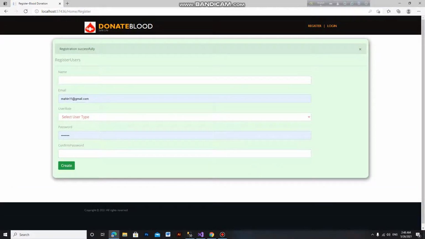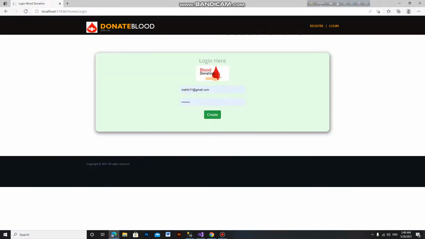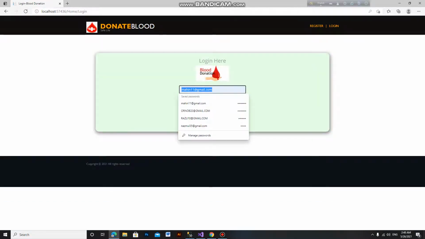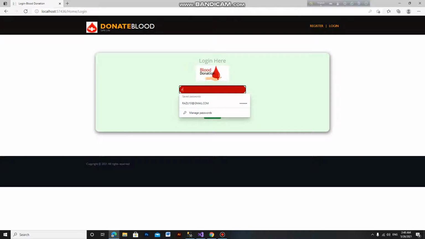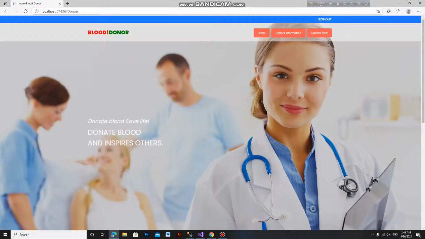Then registration successful and go to the login page, and email, donor email, and input password, then create. So this is the donor home page.